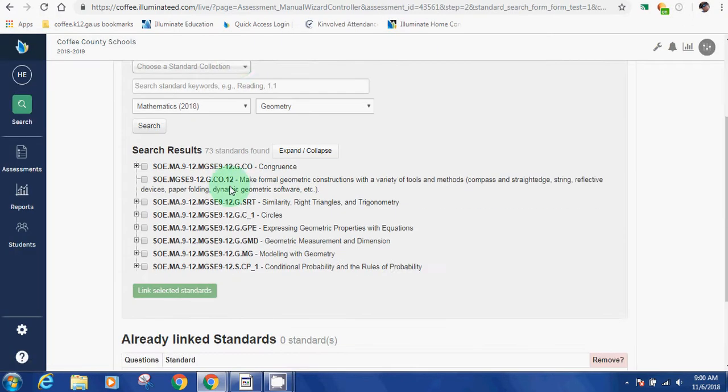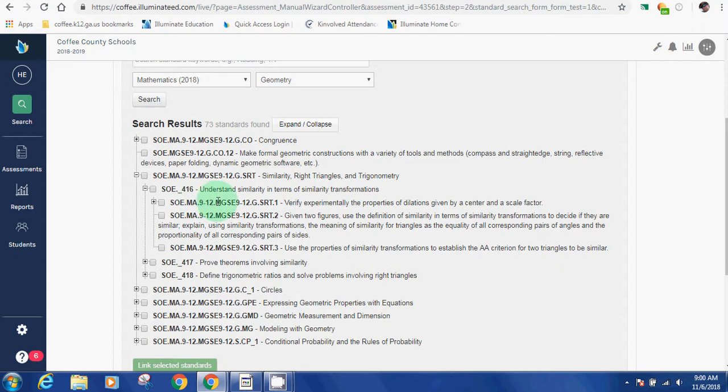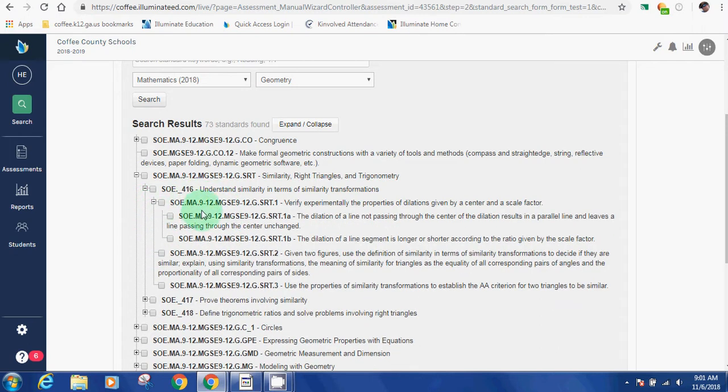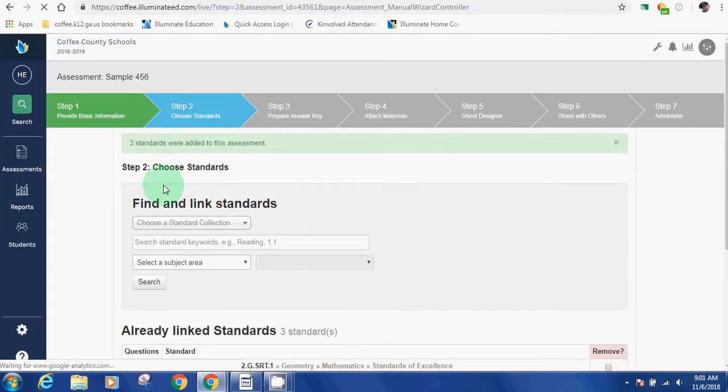So it's important when you align standards that you get all the way down to the element level. So notice we have a SOE 416, understand similarity in terms of similarity transformations. Well, that's broken down into 3 other standards, and then this one's broken down into some sub-elements. So you want to get as far down into the standard as you can, and so I'm going to go ahead and pick this one. So if they're all related to SRT1, we can also divide it up into SRT.1A and 1B. Okay. Alright, so once I find them, I hit link standards,